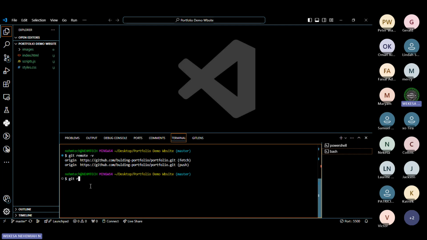Sorry, sometimes I might be distracted. In fact, let me switch off the phone. Yeah, so let me say git remote remove origin. Remember, don't miss the word origin. Git remote remove origin, just like that. And then now when you do this git remote -v,